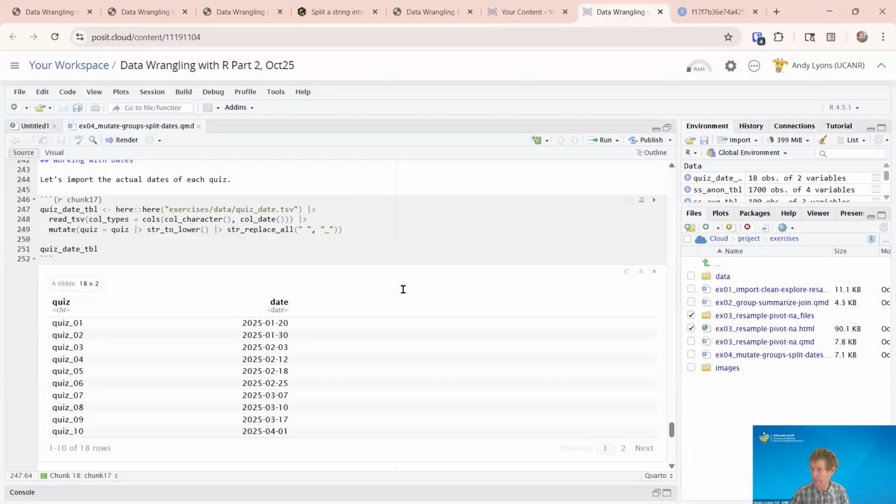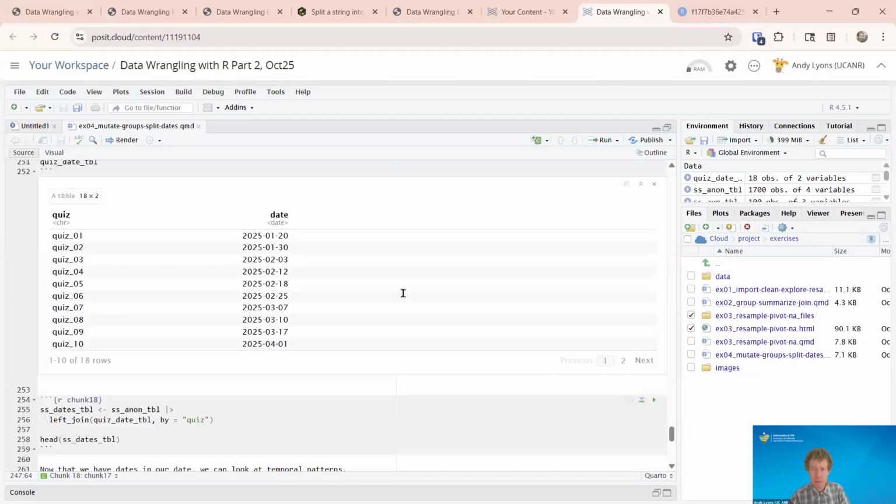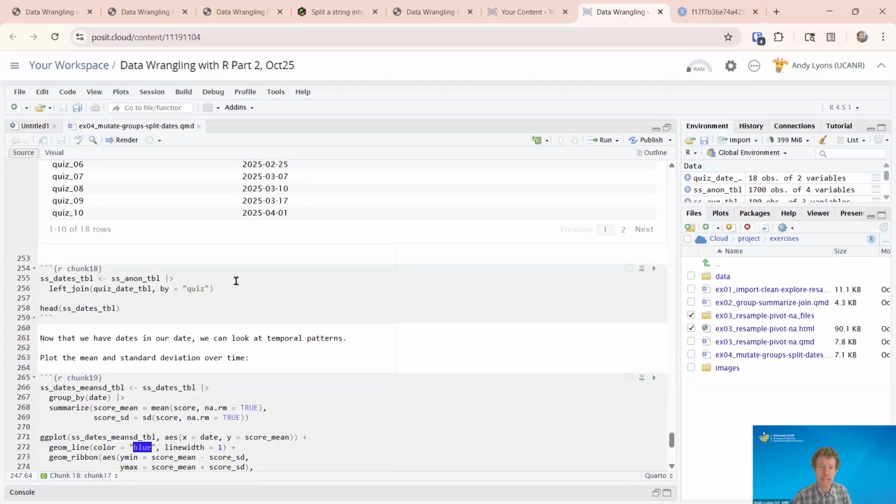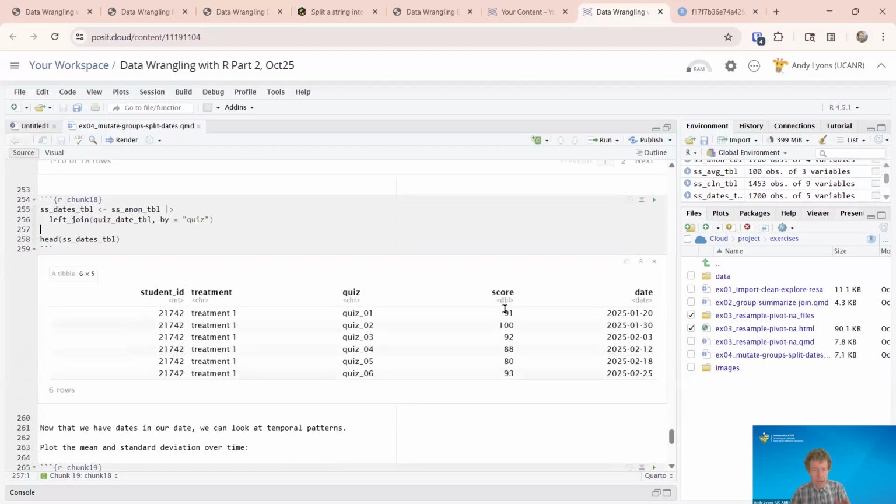And maybe you get better results on Monday because students are fresh. Maybe you get more absences on Friday, right? That would all be kind of reasonable questions to ask. So code chunk number 18, we have that